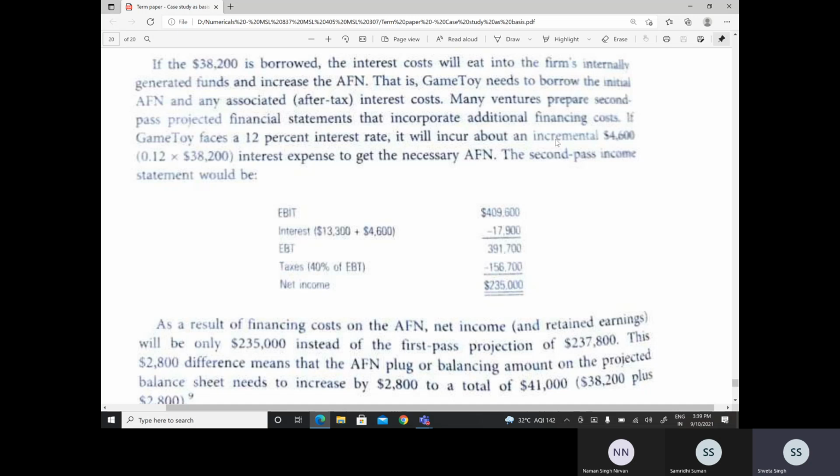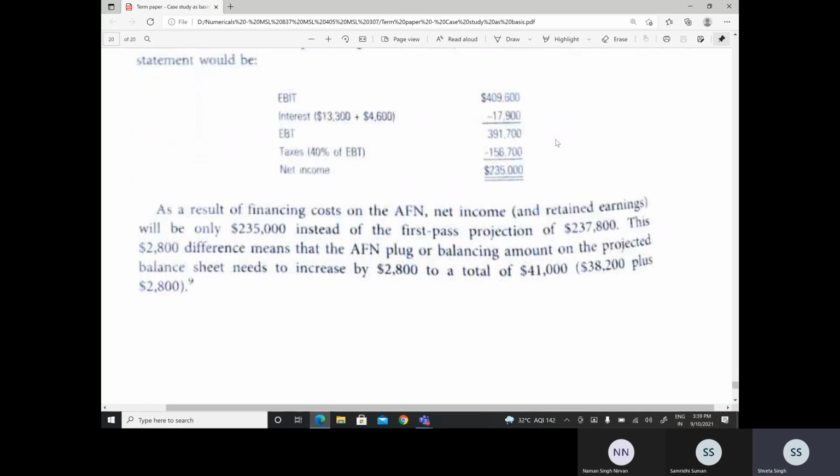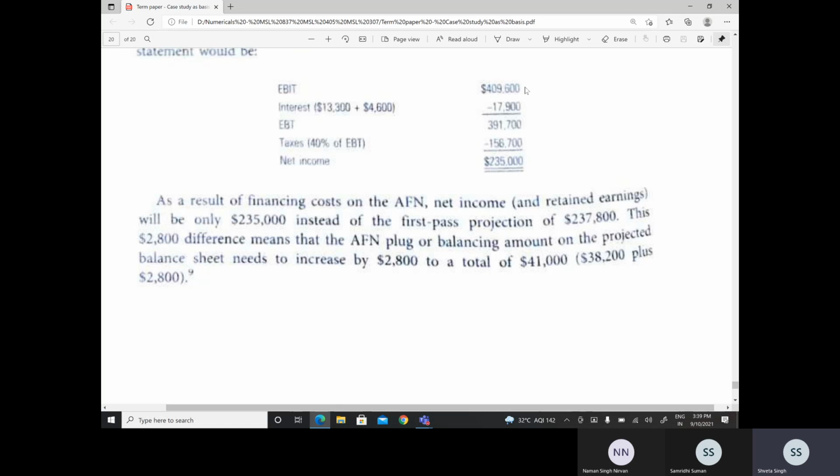So the second pass income statement would be like this. Second pass means after we have incorporated the financing costs. So it would be EBIT of 409,600 less interest, which will now have the added interest component of 4,600, that is 17,900, will give us an EBT of 391,700. Out of this, we take out the taxes at 40% of EBT, and it will give us a net income of